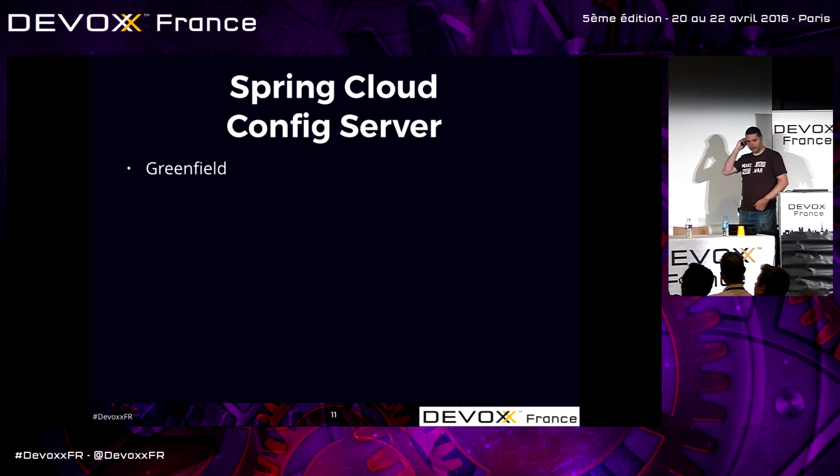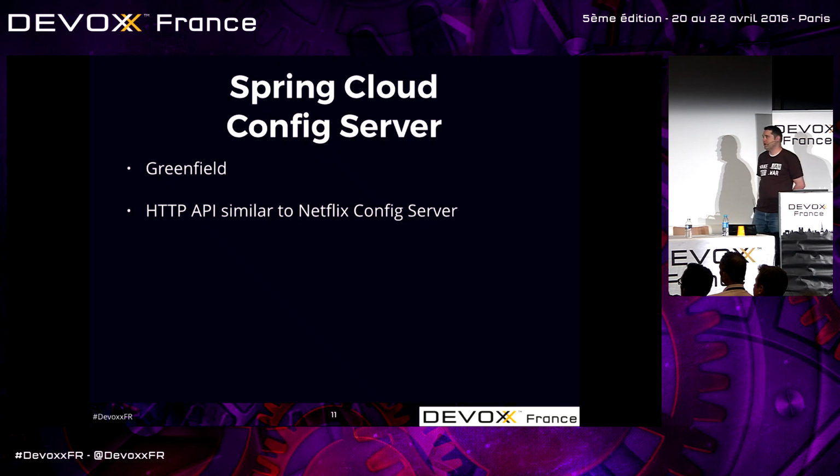When we started, we saw a need for a configuration server, so we made one ourselves. When we first released, a lot of Spring Cloud was based on the Netflix stack, but our configuration server wasn't. It was a greenfield project. It has an HTTP API, a pretty simple API. There are only a few different options. And when we chatted with the guys from Netflix, it's actually similar to their config server, though they haven't open sourced their config server.